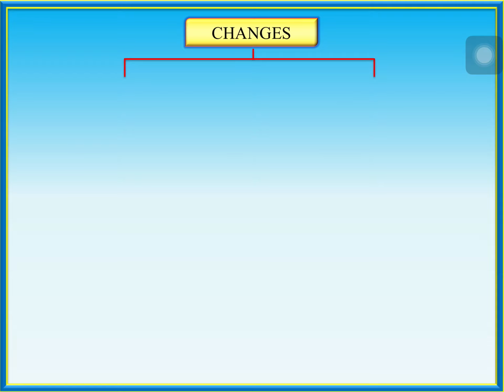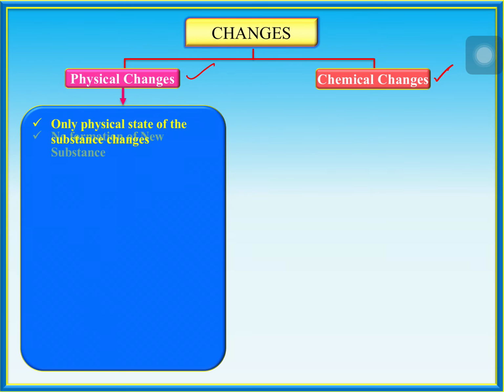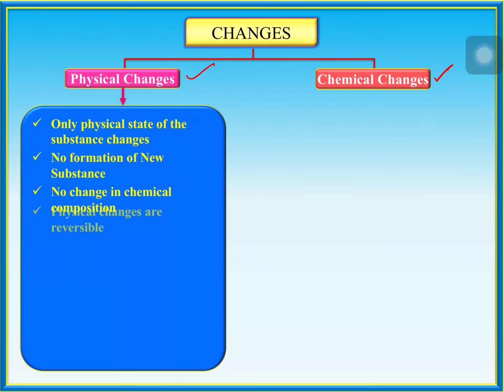Have some knowledge from 9th class. Don't think that it is an entirely new chapter. There is some link to 8th and 9th and so on. There are two types of changes. One is physical change, the other is chemical change. If you look at the physical change, slowly look at those lines which are dropping from the top. If we read one by one,